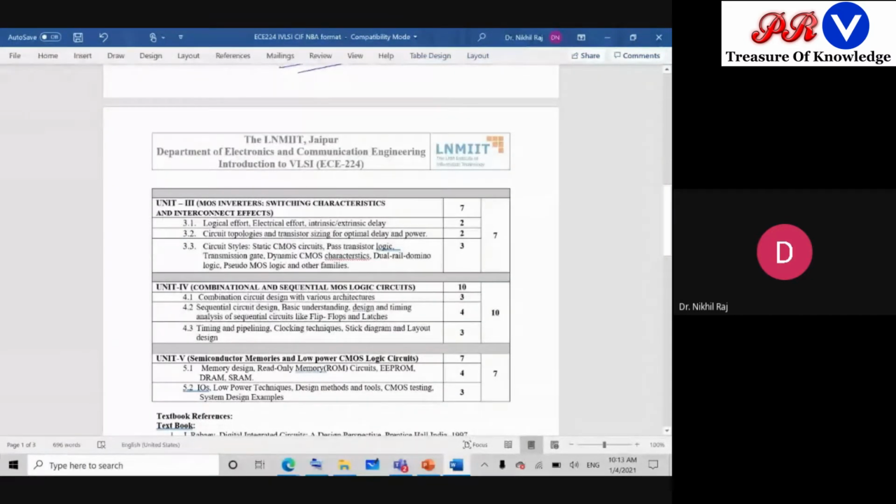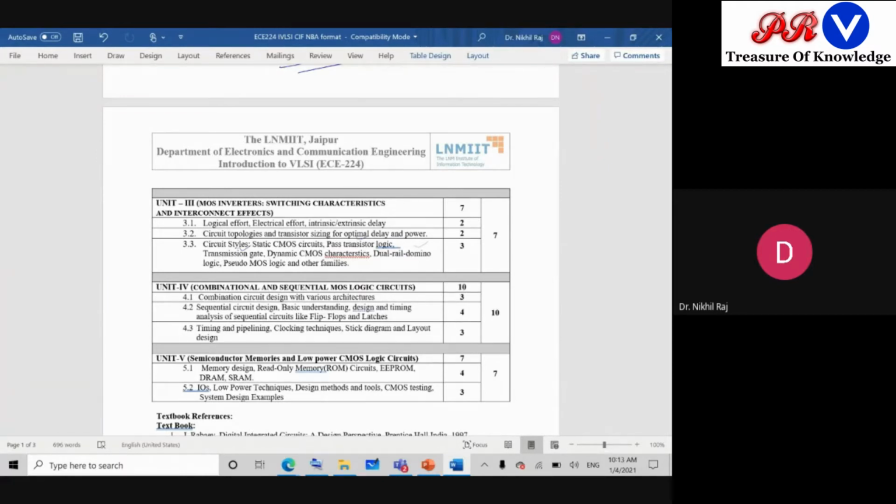Then coming to unit 3. Unit 3 is basically the circuit topology, how we can realize the circuits. Now you know the simple MOS transistor. Now using the MOS transistor in different ways gives different names. Sometimes it is called pass transistor logic. So in pass transistor, how MOSFETs are connected. If we go for dynamic, transmission gate, then there is a different configuration of MOS. Domino logic. So these are the different techniques of realization of circuits at the transistor level.